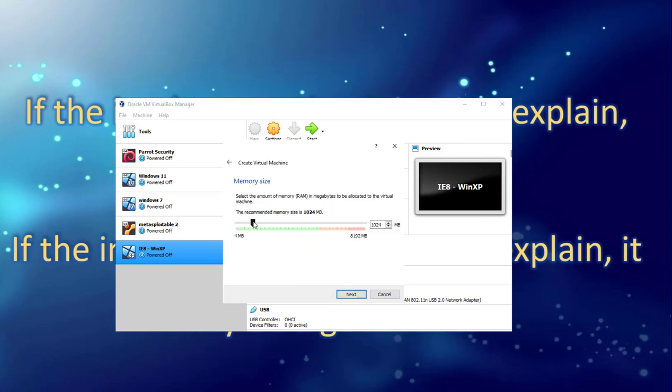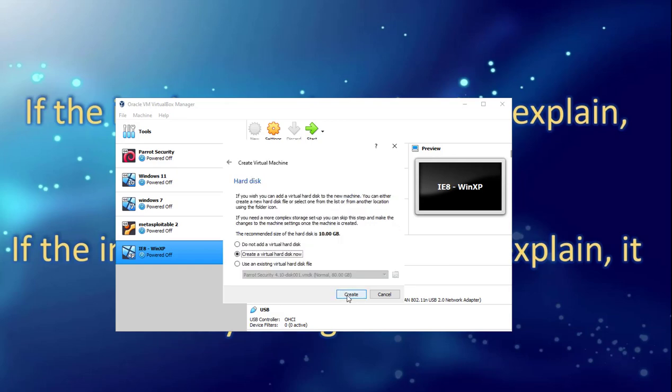So here it is asking us how much amount of RAM you want to give to the virtual machine. Better provide 2 GB or more than that to run the virtual machine smoothly. For demonstration purpose, I am going to provide 3.5 GB to make the installation process faster. So after assigning the RAM, click on next.